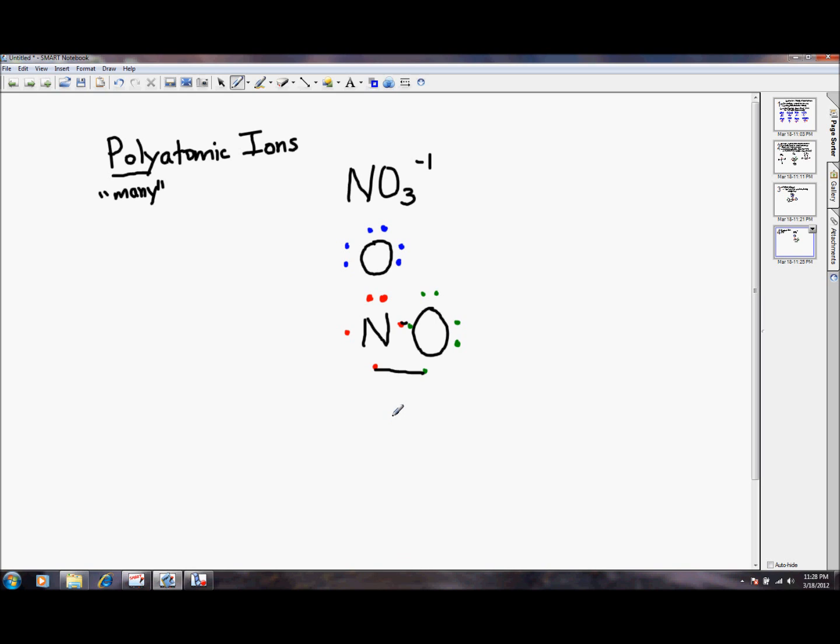Totally cool, now we've got 2 of them on. Now here's the problem. We've got 1 little electron left, and if we try to put it on the normal way, we can't steal a pair because there isn't a pair there. What do I do here? If I try to put it on the normal way, right here,